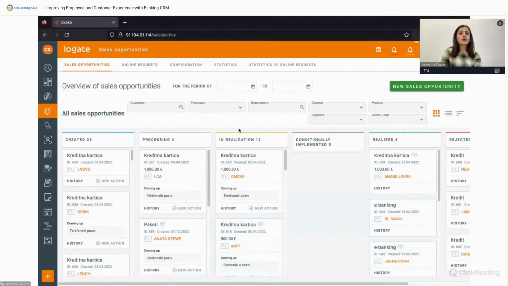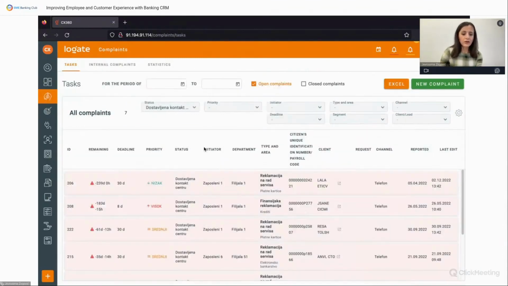The complaints module is really like a typical ticketing system, where every bank employee can insert a problem that some client reported. Depending on the type or subtype of the complaint, the bank is the one who defines the deadlines for resolving